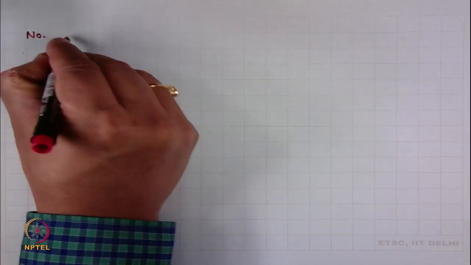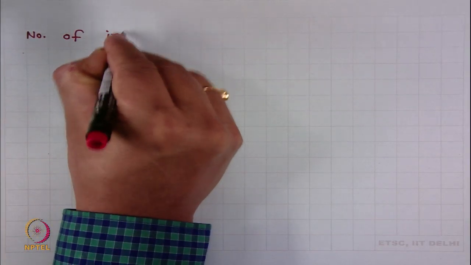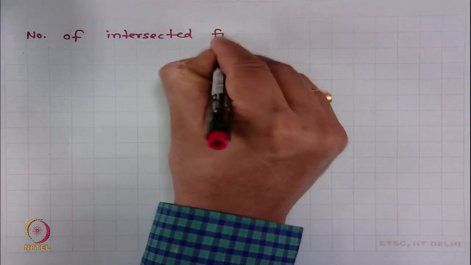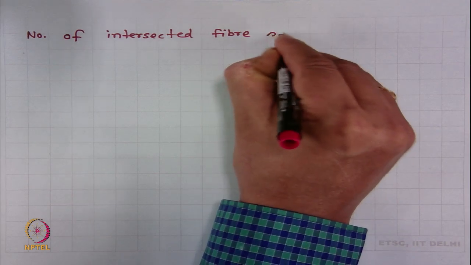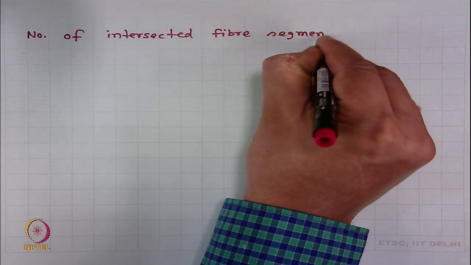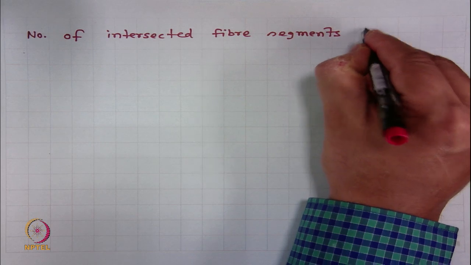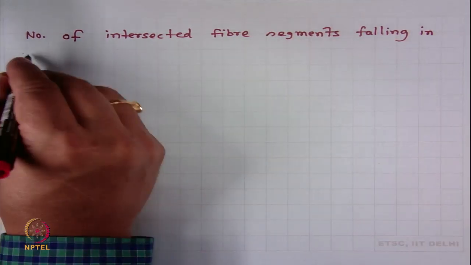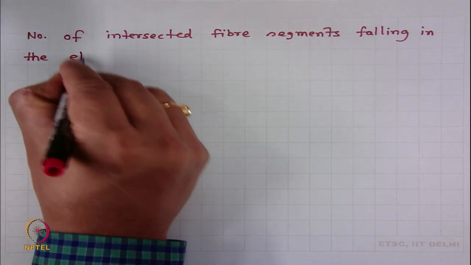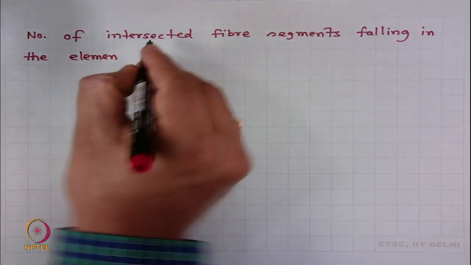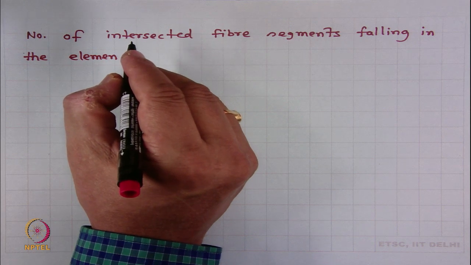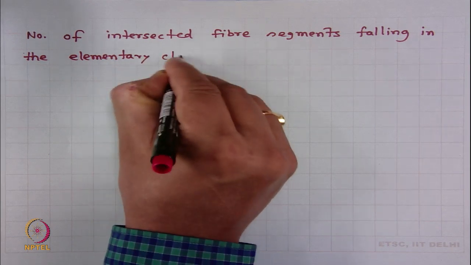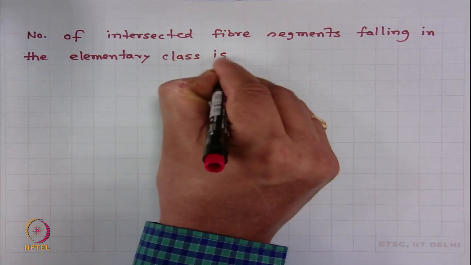Number of intersected fiber segments falling in the elementary class starting from theta and ending at theta plus d theta is dN,